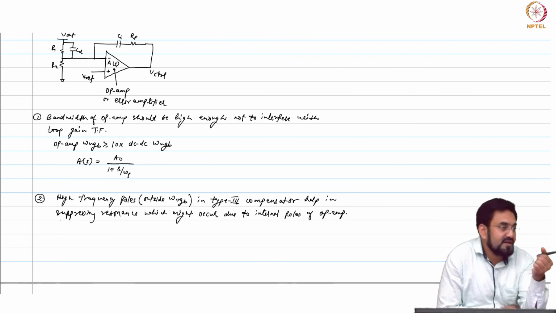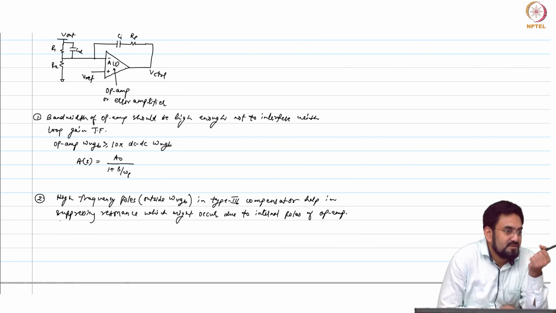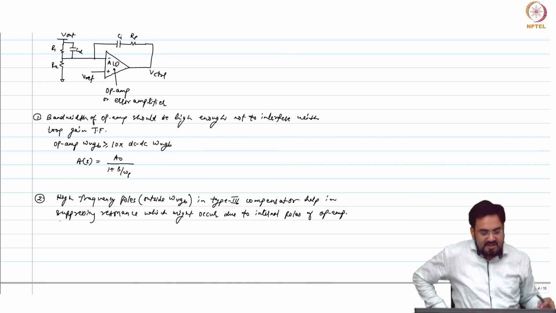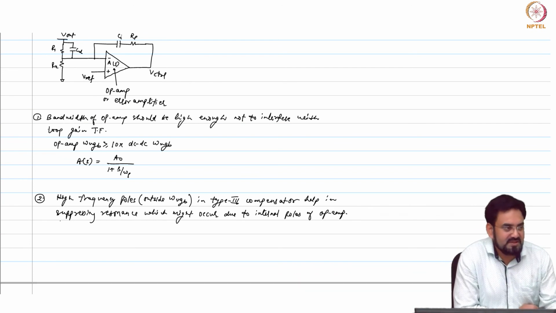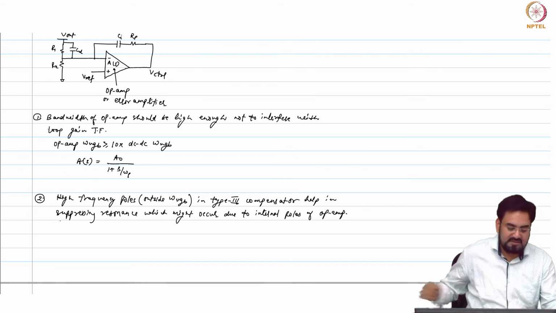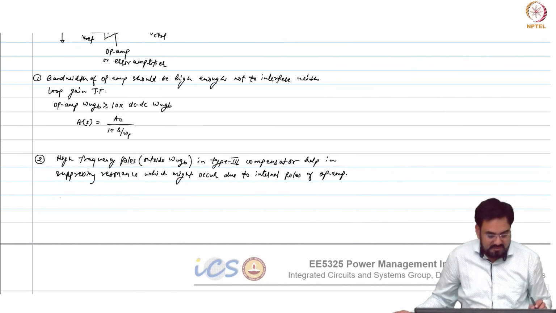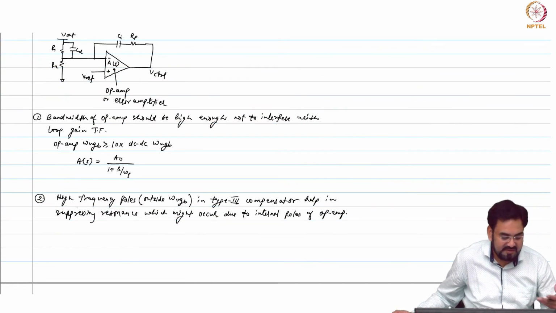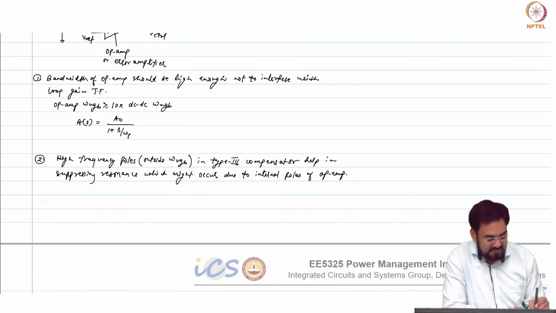Yeah, but this problem will not occur if you are using Gm-C. Okay, Gm-C is everything open loop, so you won't see any resonance or anything there. So your design may become simpler with the Gm-C, because the instability problem may not happen there. But when you are using an op amp, because everything is connected in feedback, then things become a bit complicated. So if you can design your Gm in such a way that your offset is not that high, then you may prefer to go with that if you are having any issues with the op amp.